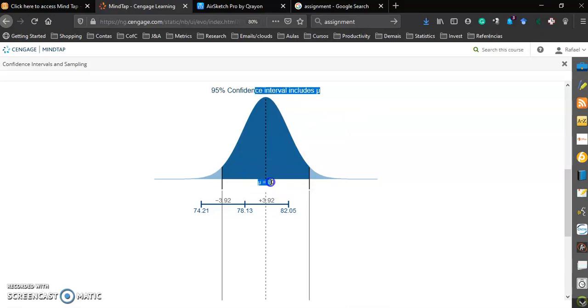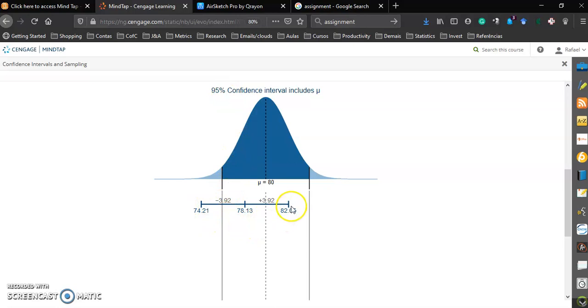But I don't know that this is the true mean. We never know. But we're just playing with the idea that we know, just for you to understand what building confidence intervals means. So you see that I collect a sample of, say, 100 students in South Carolina or the entire United States, and then I get an interval between 74 and 82. To simplify, let me skip the decimals. So for the interval from 74 to 82 with 95%,